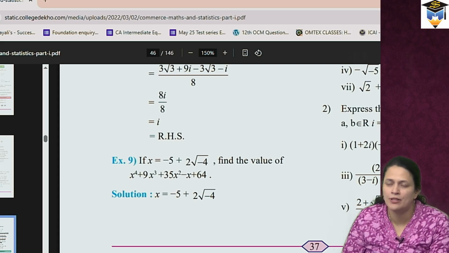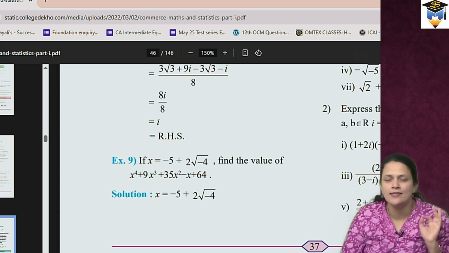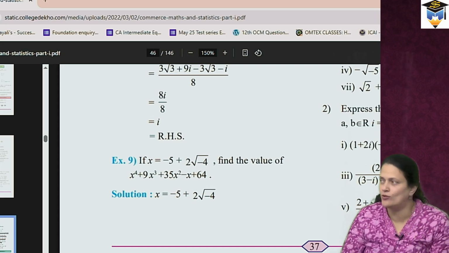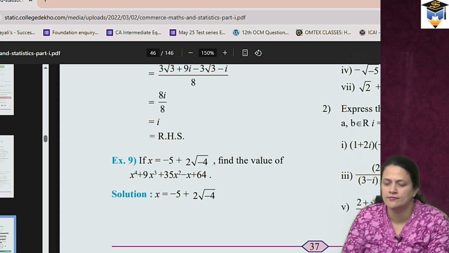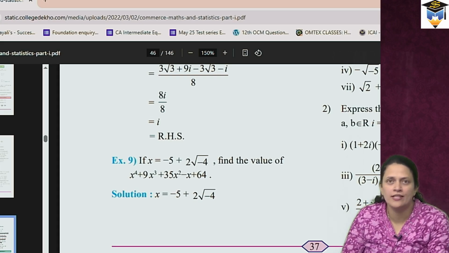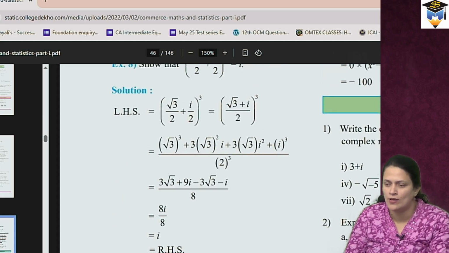Okay, this example also is very, very important. See, the examples which I am telling as important, they are asked in the exams. Okay, so please mark them. So now they have given us the value of x to be minus 5 plus 2 square root of minus 4. So as you can see over here,